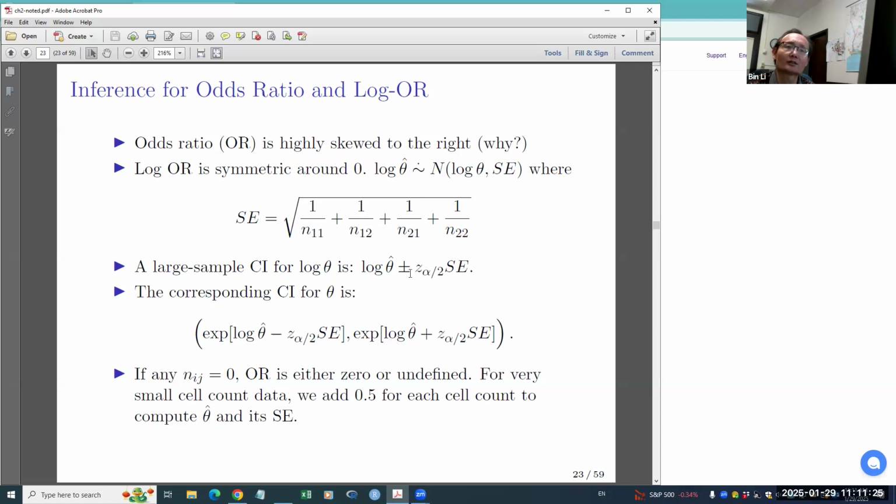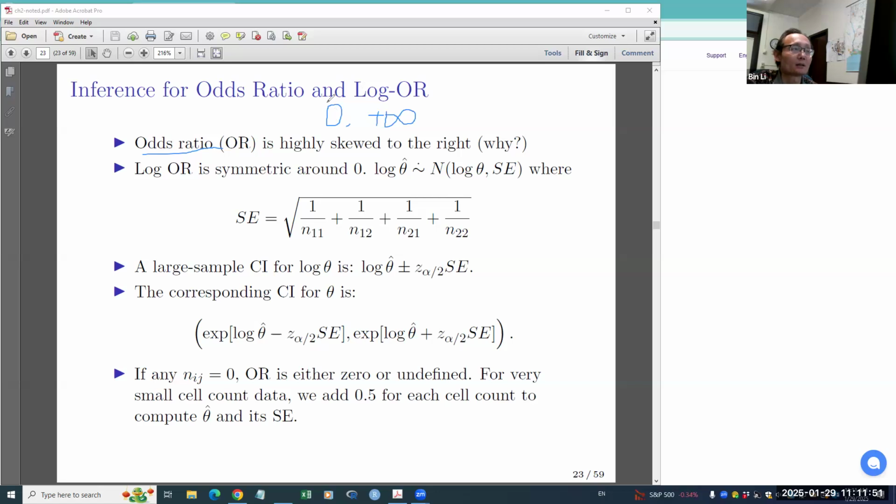You can see what the range of the odds ratio is. What is the smallest value we can take for the odds ratio? 0, right? That's the smallest we can take. But what is the largest value we can take? Plus infinity,